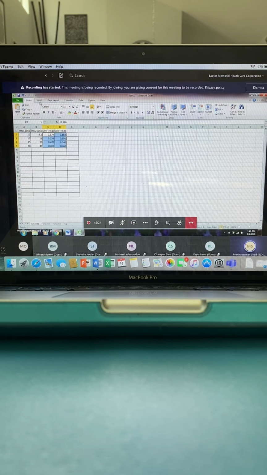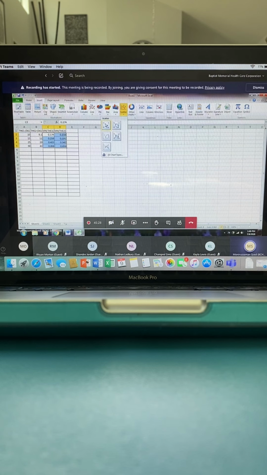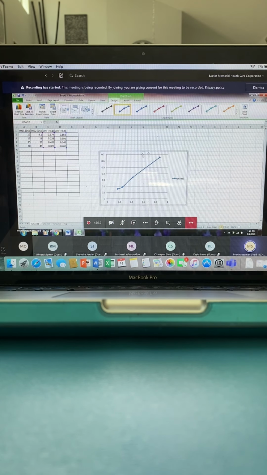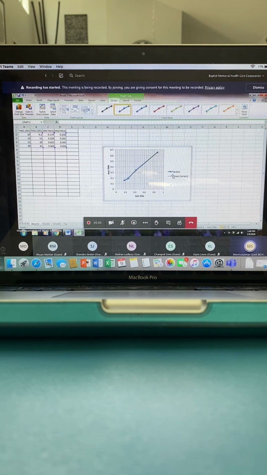So plot it, scattered, all right? And let's put it this way. Now let's try to do that one, okay? So this way, and you can change the legend, right? So, okay, if you don't want that,